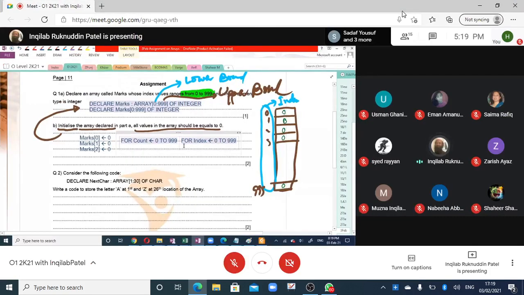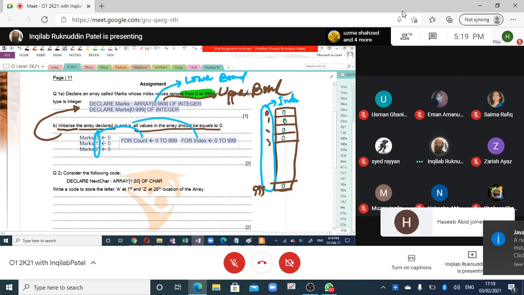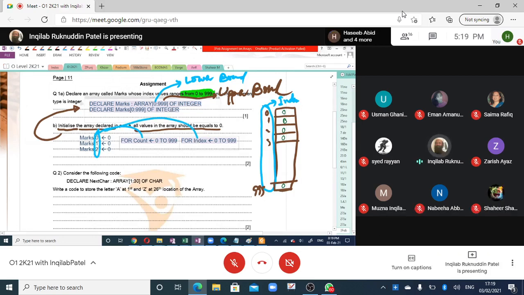Okay. Achha, now what will we do? We will write down here. This count is basically used over here, right? This count or this index. So what will we do? We will write down